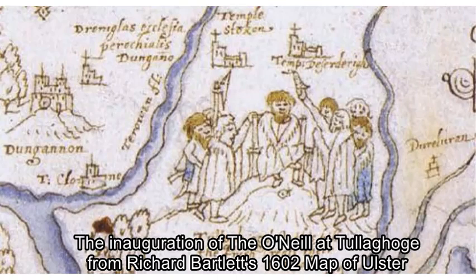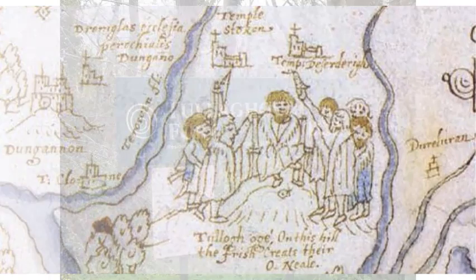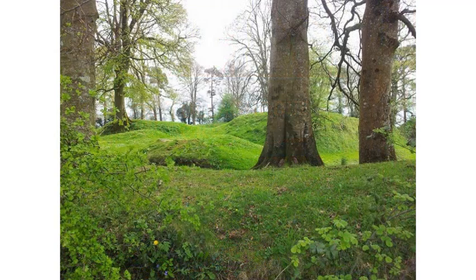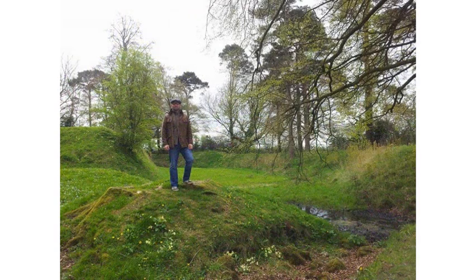It's an inauguration site of the O'Neill chieftains of Tyrone. And the O'Hagans were the clan that managed the inauguration site and the inauguration of those chieftains. Tullyoak Fort still exists today, and when you go there, it's quite clearly a hill fort in the traditional sense of the word. It has high banks and ditches,